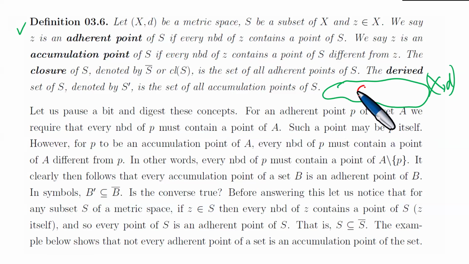It need not be open, but S is inside X. And let z be a member of X. I've not read the whole story, but z can be either inside this or there. We say that z is an adherent point